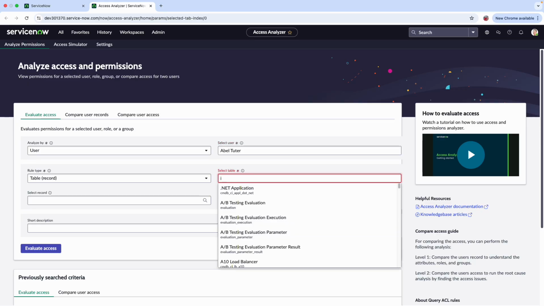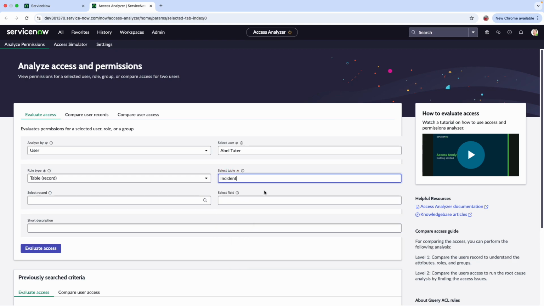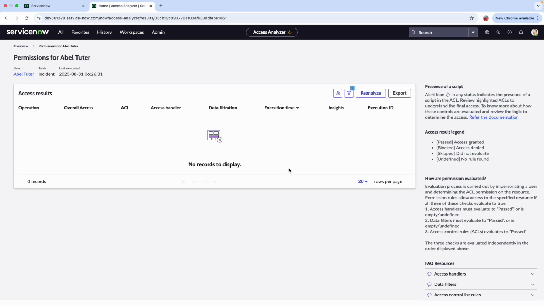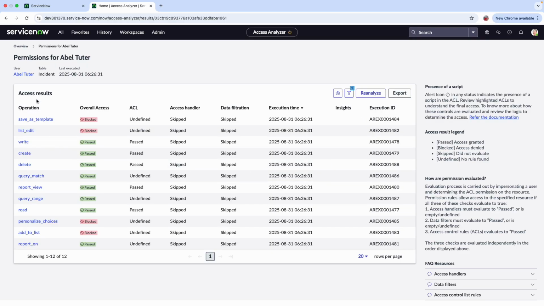I had selected the incident table. Today I am also going to show you something quickly. On the incident table, we'll see the access for Able Tutor at table level. Here you can see the permission for Able Tutor and a bunch of operations listed. He is allowed to create, read, write, and delete. So why delete? Let's dig